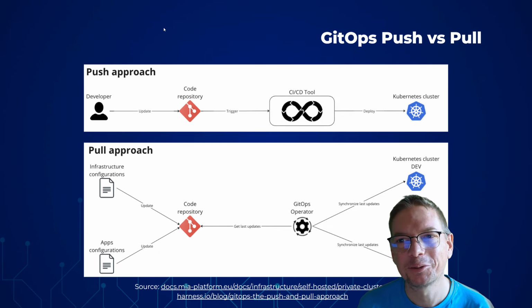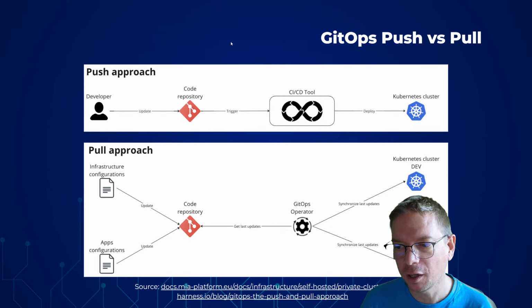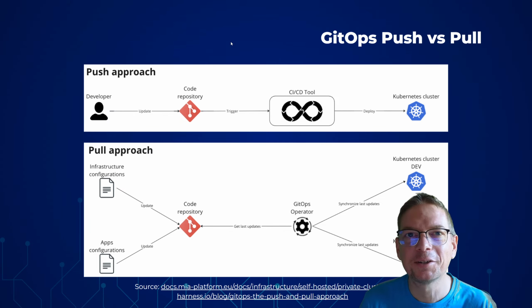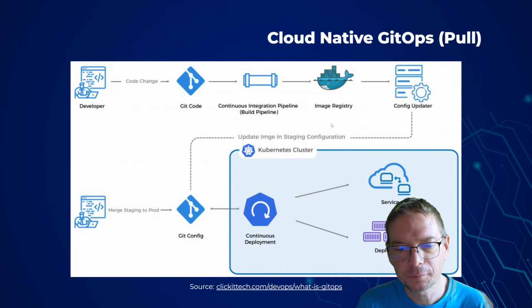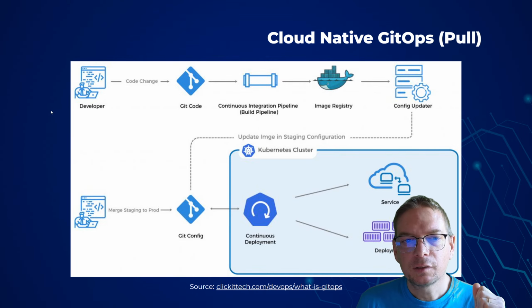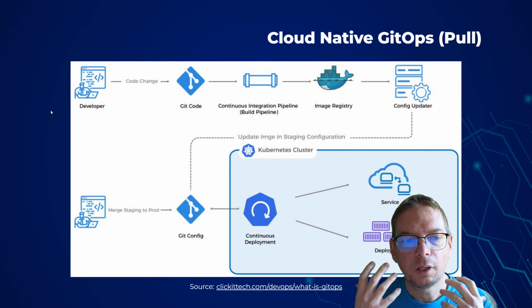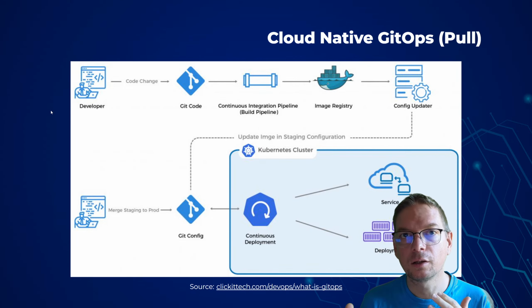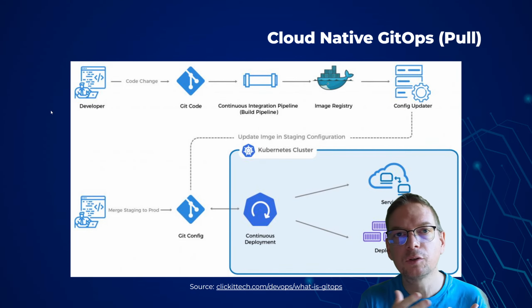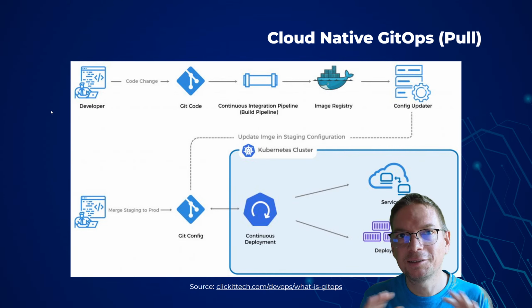Here, today, what I want to show you is the best in class, which is the pull approach in Cloud Native with Kubernetes. But just before I start with the workshop, and bear with me, I'm almost done with the slides. There is a schema I really like to explain how the GitOps pull approach works. It's this one. And it's very interesting to understand that there are two streams to make a change.